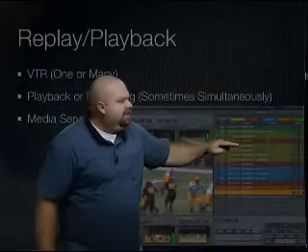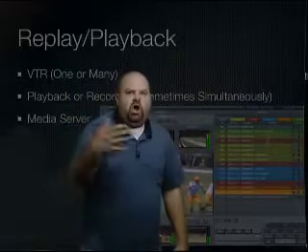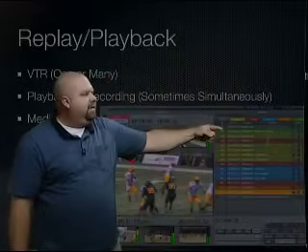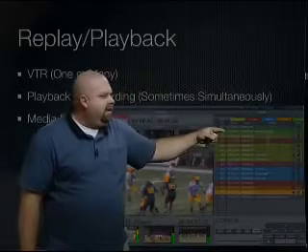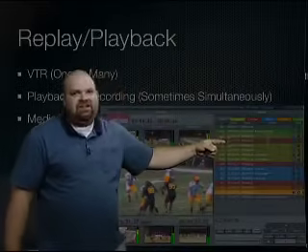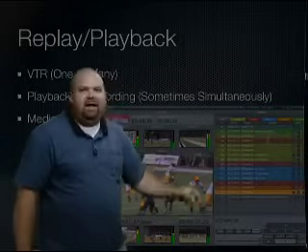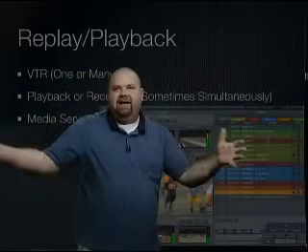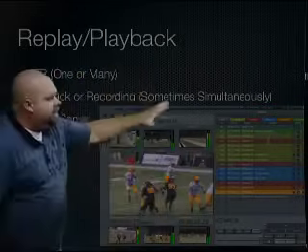This over here would be a list of things that can be recalled at any time. So maybe this particular one is when the quarterback got sacked, and this is another one where the quarterback got sacked, and this is another one where there's a touchdown, and this is some cool play, cool play, cool play. They could all be double-clicked on and played back later. The replay operator can also build